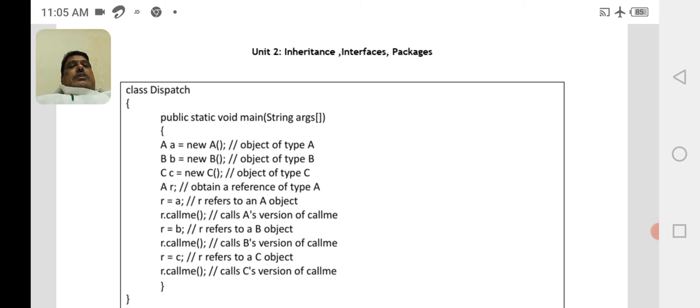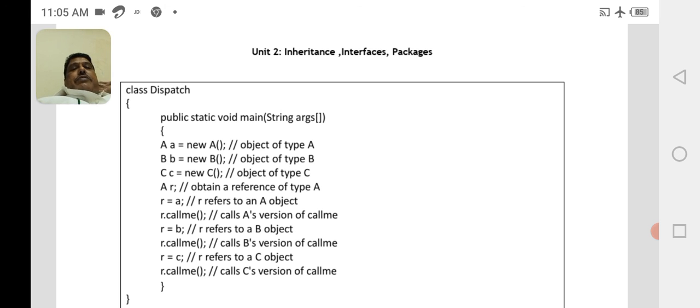First assign the object reference variable of the superclass to the superclass reference variable r, that is r = A. Then call with this superclass reference variable the method present in the superclass. r.callme will be executed and you will get the output present in the method of superclass A.